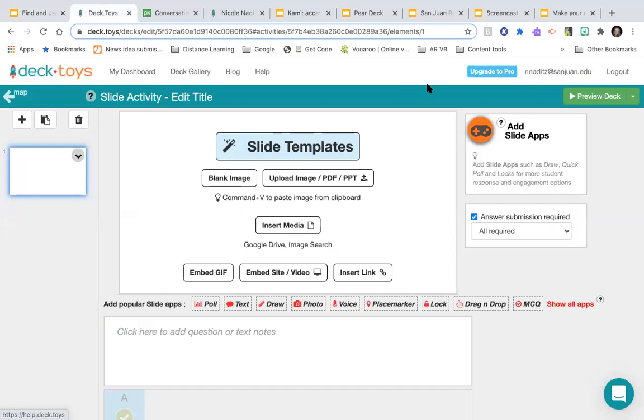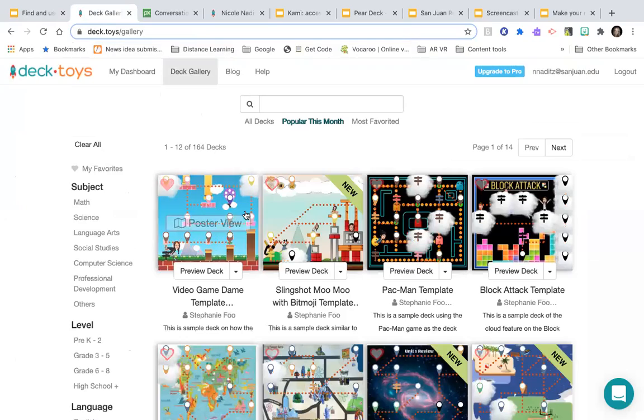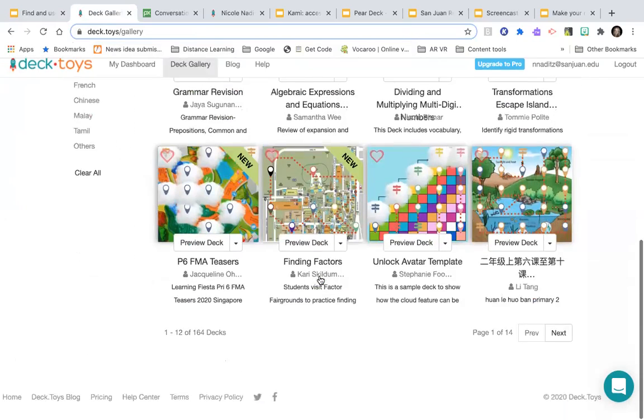So I'm in my account right now. By the way, if I wanted to upgrade to Pro, it's $8 a month, but it's billed for the whole year at once. So essentially it's $96 a year. Okay. And then I'm going to go to the gallery now that I'm signed in. And this is where you could tell this is where I got the screenshot. So you could go here